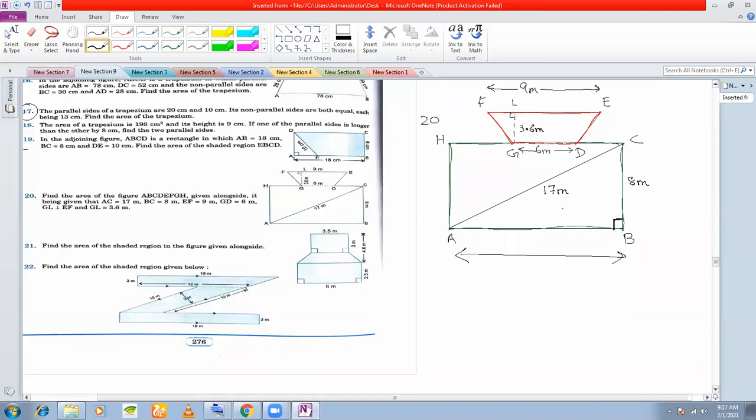This must be 90 degrees. And if you see this triangle here, ABC, this is a right angle triangle in which one is the hypotenuse. As I told you, opposite to the right angle must be the hypotenuse. So AC is your hypotenuse. You can take this as your perpendicular, and this must be your base. In a right angle triangle, you know the hypotenuse and the perpendicular. You can find out the base very easily with the help of Pythagoras theorem. Once you get the base, it will be the length of the rectangle, right? So let us proceed to find out the base first.